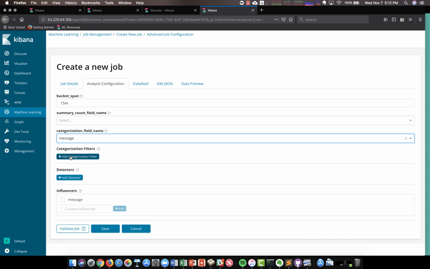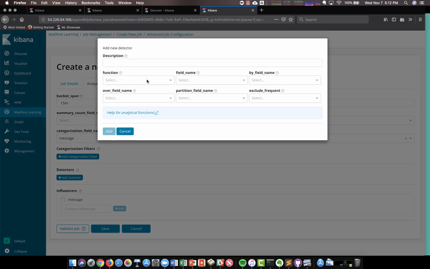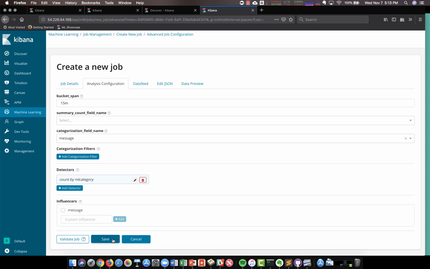Once that's done, when we go to the detector, we add a new detector here, and we can just select the analysis that we want. In this case, I'm going to do a count of messages by ML category. Now this field, ML category, gets magically created once categorization is signified. So again, you would not normally see this field if you weren't doing categorization, but because we put the categorization field name in, then this ML category field now shows up. Okay, so let's just add that in, save the job,